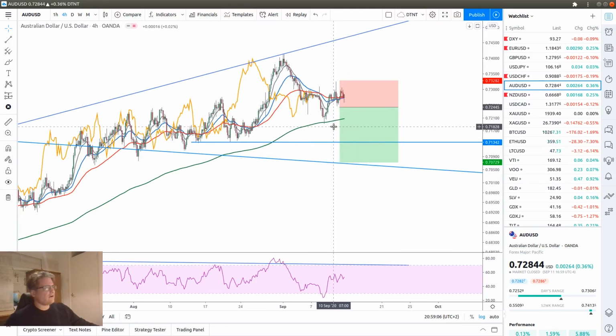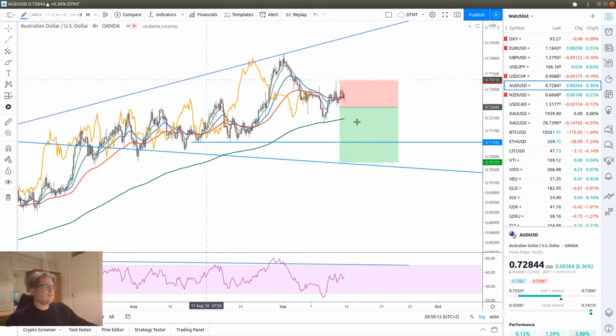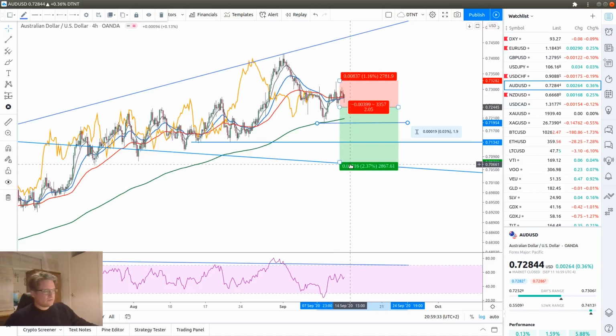So there are a few barriers. If we get in on this trade, then what I will be looking for is some resistance around here at this level, because we had the 200 moving average. And if price begins to stall here, then I might just quickly move my stop to break even, or maybe just get out with a small profit, and I will not wait for the trade to go to this